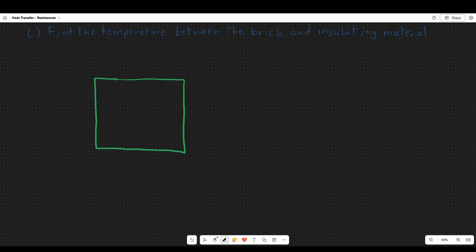So let's divvy this up. Okay, and so if we consider this the outside, let's label this outside. And then if we label this as the inside